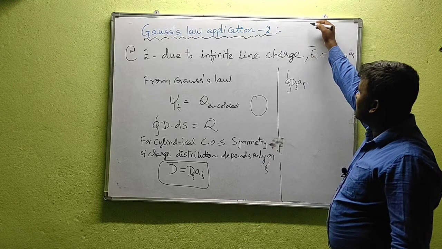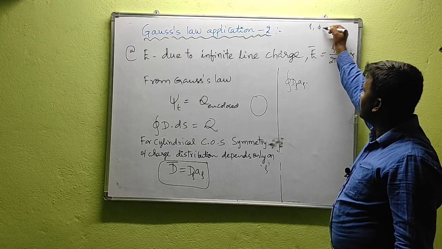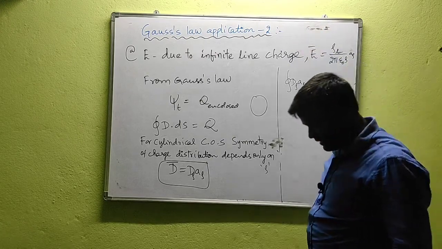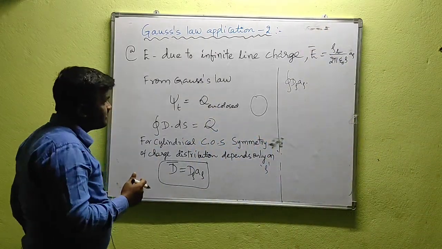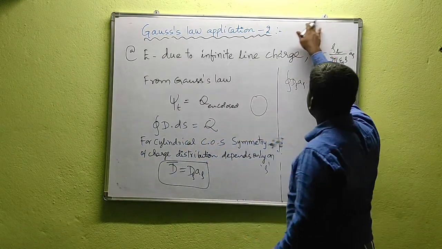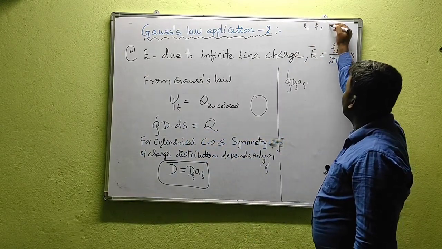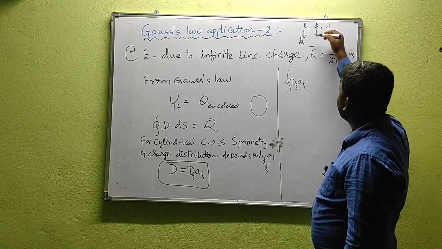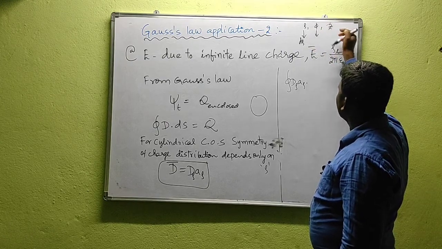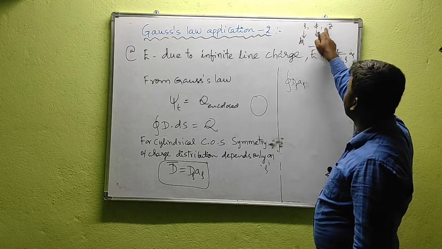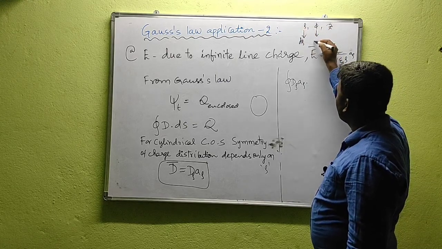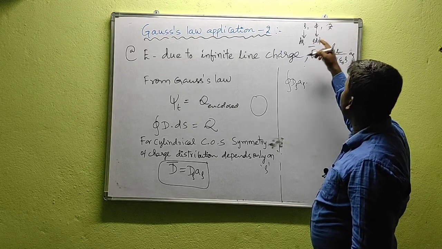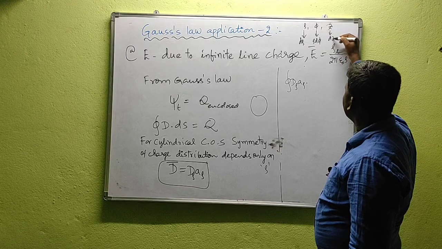What are the elements in the cylindrical coordinate system? Rho, phi, z. Okay, what about the differential elements? I will write the differential elements here. Here rho, phi, z. For rho, the differential element along rho direction is d rho. For phi, as it is an angle, the differential element is rho d phi, since phi is the angle made by rho. And for z, dz.